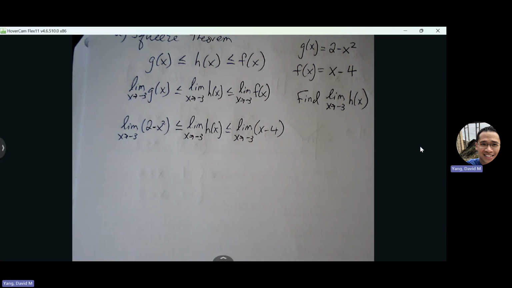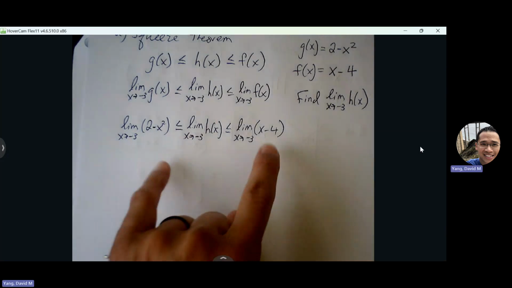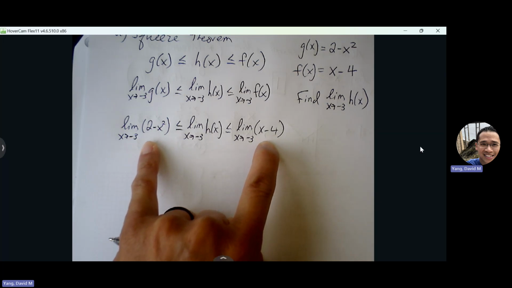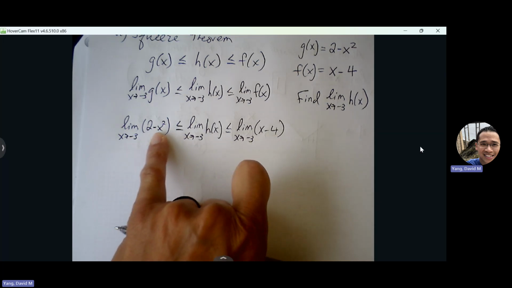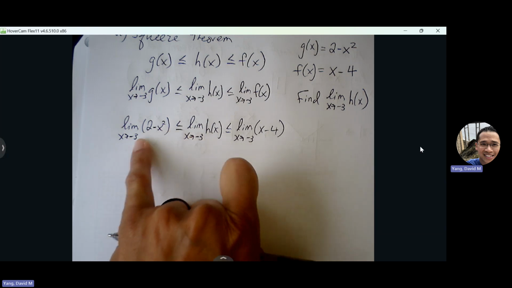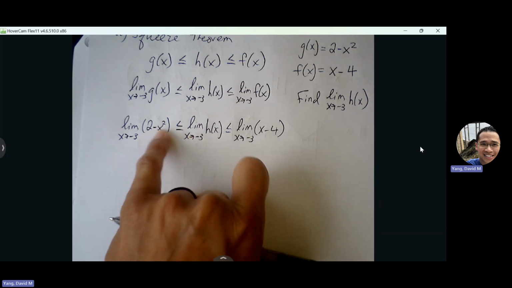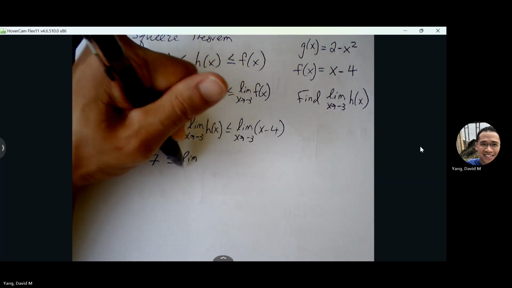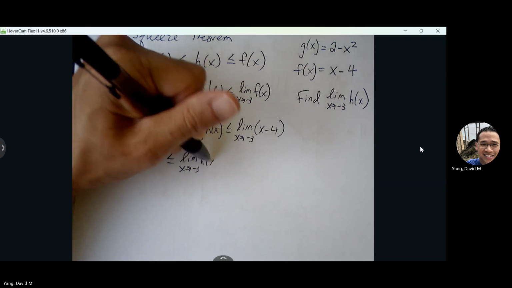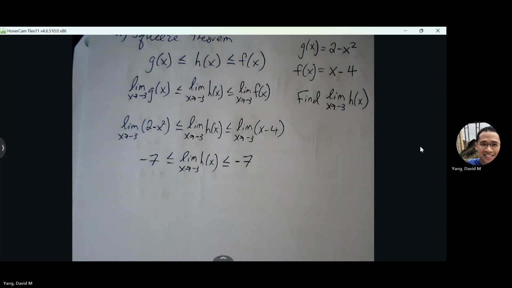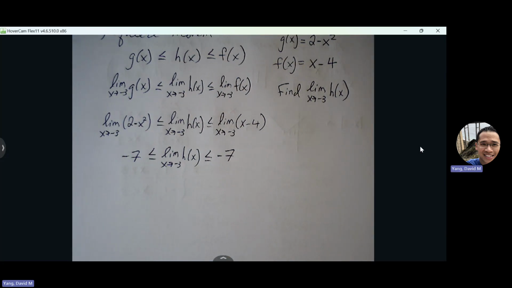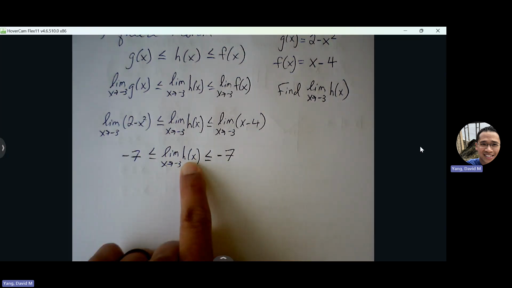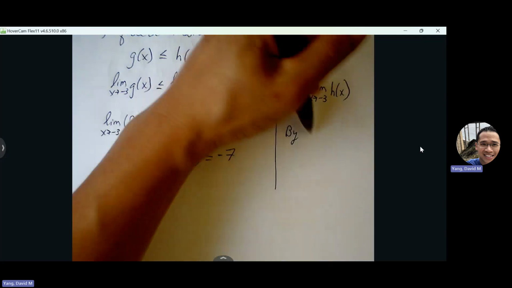Okay, what do you think we can do next? Direct substitution into the expressions that we can work on. So -3 for x, 2 minus (-3) squared. It's going to make this a positive, but that negative is still there. So 2 minus 9. -3 minus 4. Okay, do we have enough information to evaluate that middle unknown limit? Yes. So the numbers match. We know what that limit is. So we can say by squeeze theorem,